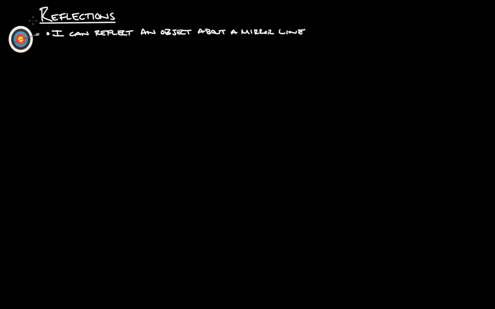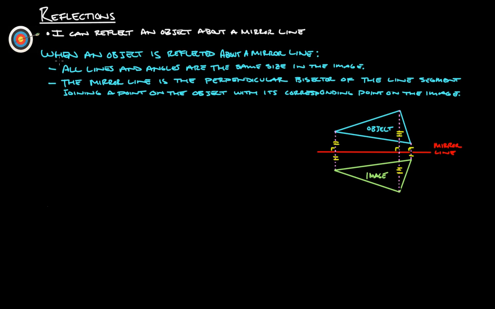I'm going to take you through the notes on reflections. At the end of this, you should be able to say, "I can reflect an object about a mirror line." When an object is reflected about a mirror line, all the lines and angles are the same size